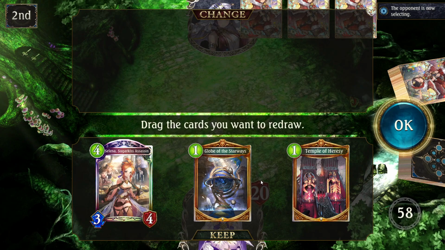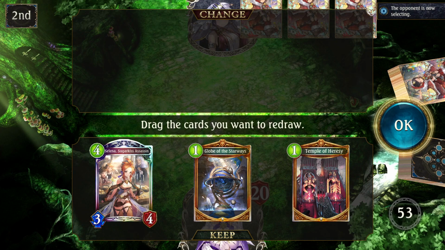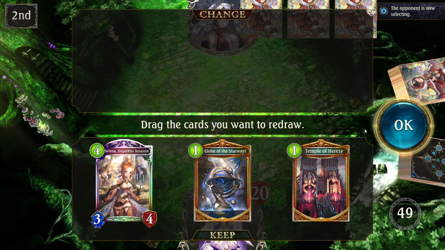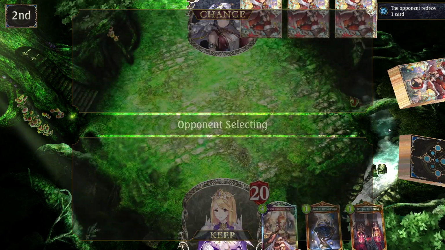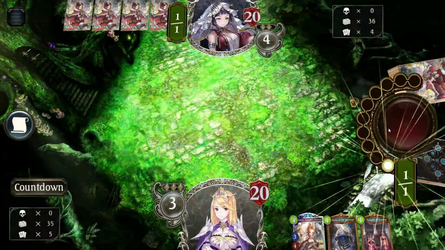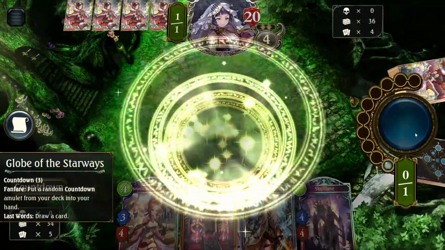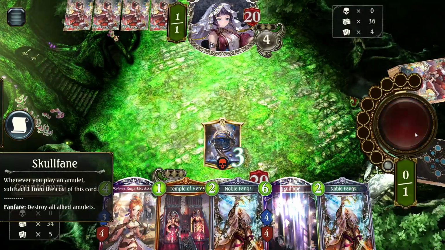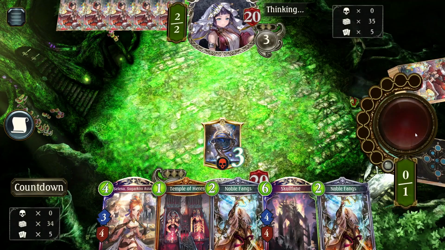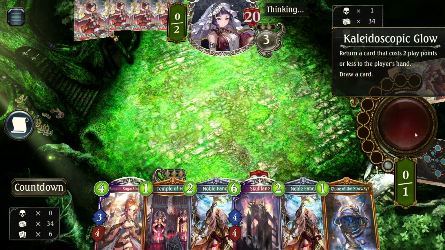So, exactly what I was talking about before, you want to be able to put that Globe of the Stairways on turn 1 as a draw amulet into more amulets on turn 2, turn 3, with longer countdowns, so that we can proc Selena's maximum effect on turn 4. Even better, we actually managed to draw Skillfane early, so that's going to be a great boon to our game plan, because after we pop the initial set of amulets, we will have a second set of amulets,